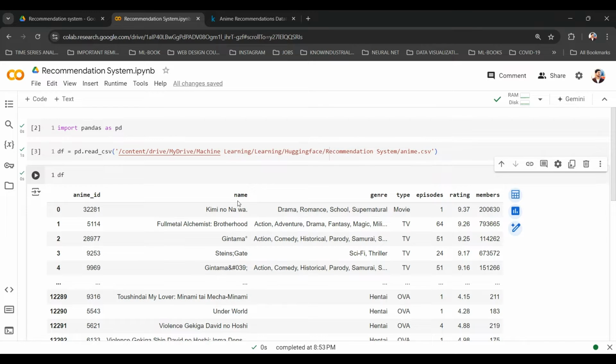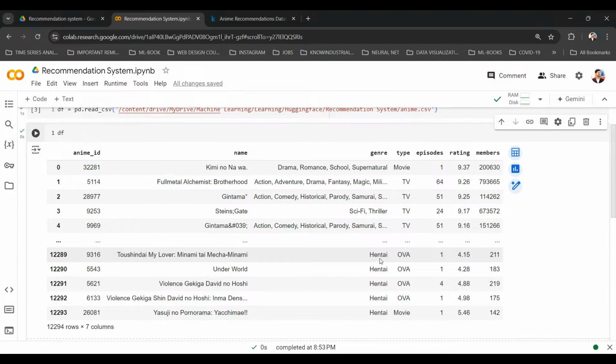In which column of this dataset should I look if I want to watch a horror movie? I should look at the genre, right? Genre is the column where the type of the movie will be specified. Similarly, in some cases, the movie names might suggest the type of the movie. These are the two things that will decide the type of the movie. The first movie is a drama, romantic, supernatural movie, so a person searching for a romantic movie will get this suggestion, isn't it?